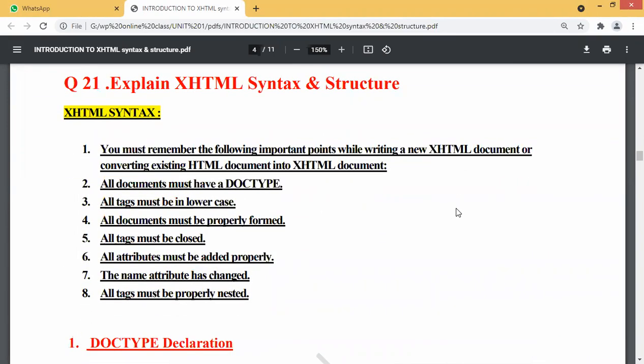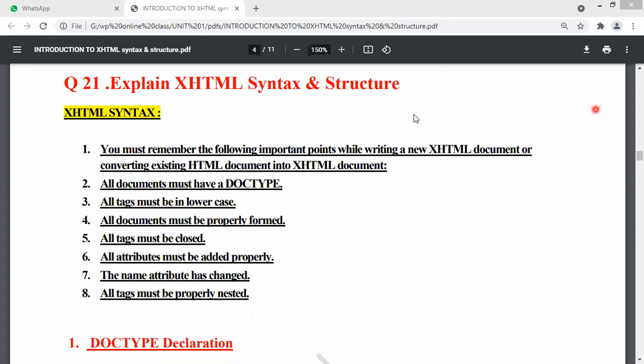If possible, we will also cover the structure. We'll try to cover both the syntax and structure of XHTML. Today I will go a bit fast, guys, so please cope up with the speed. These are the 7 syntax rules which you have to write in the examination. This is the first one, where your syntax exactly starts from. Just number them 1 to 7 over here. We will see them one by one today.